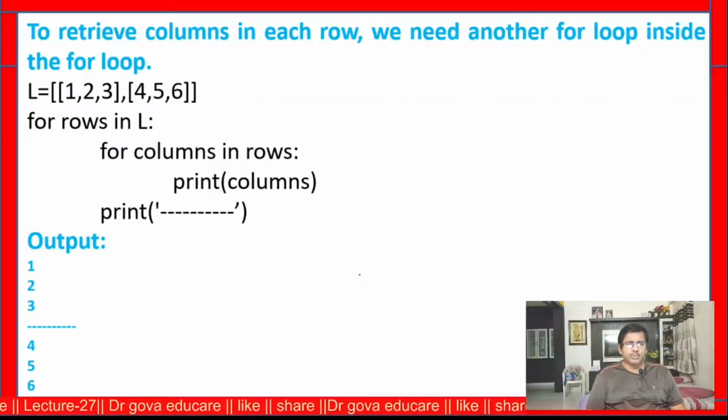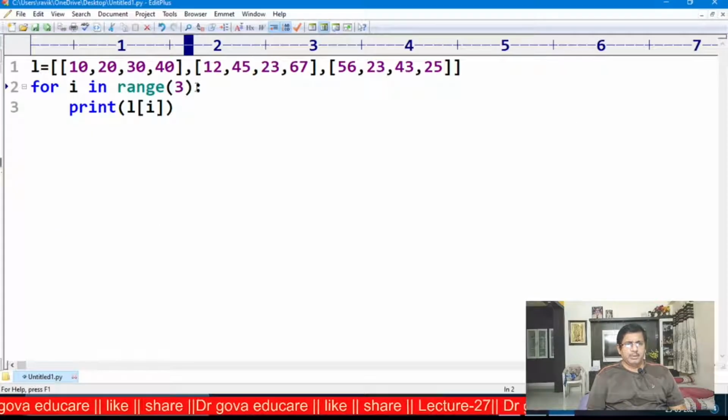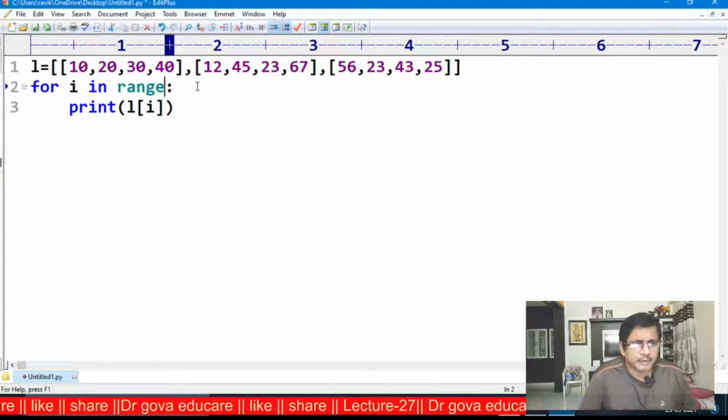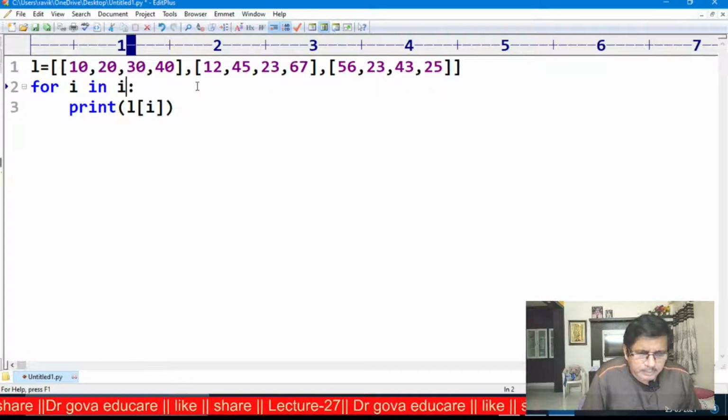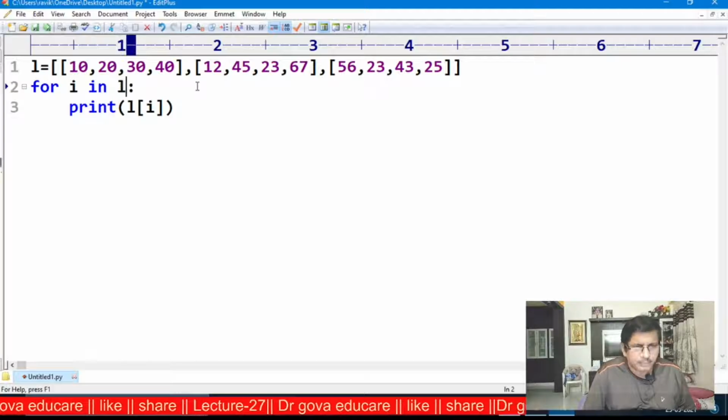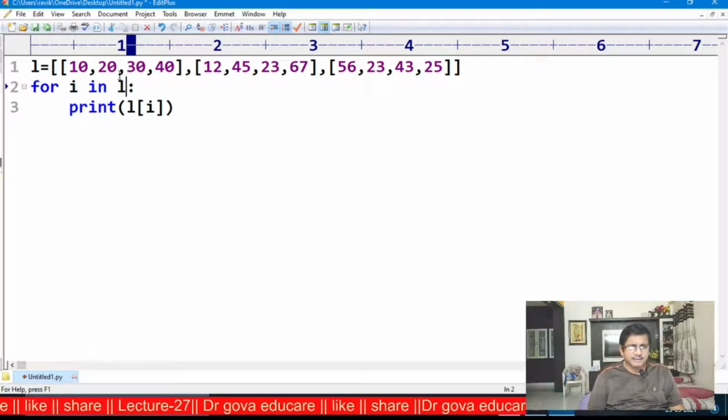Next, to retrieve columns in each row, we need another for loop inside the for loop. Now, we want to retrieve the column elements, so we use nested loops. Now observe here, for I in L, I takes this list, next I takes this list, next I takes this list.